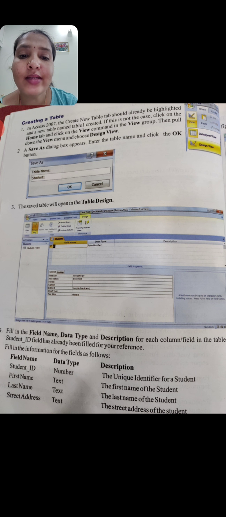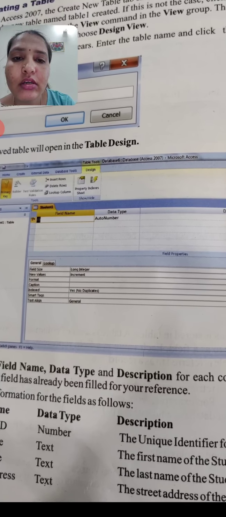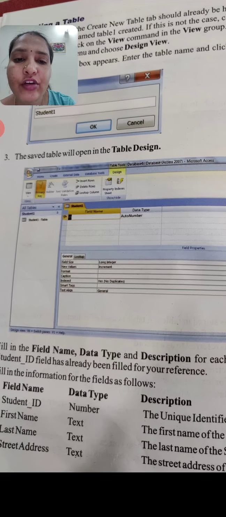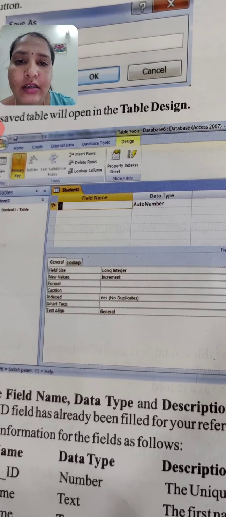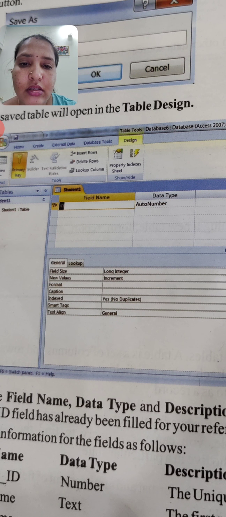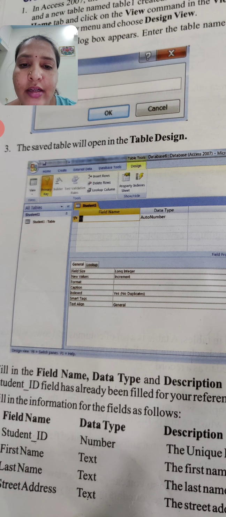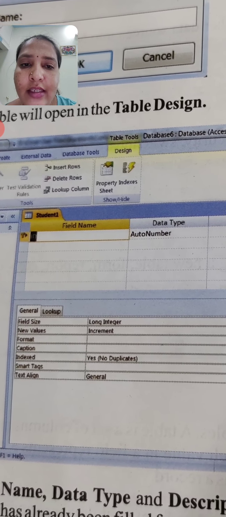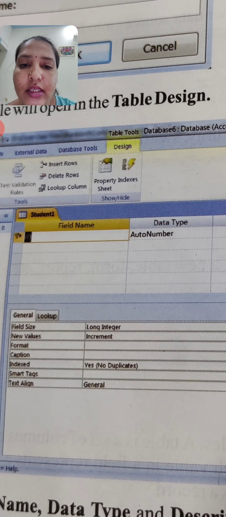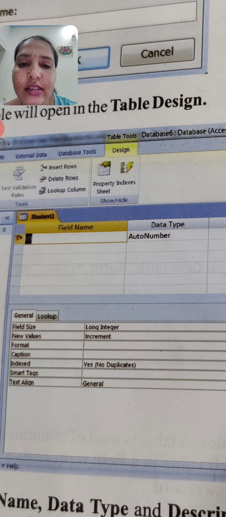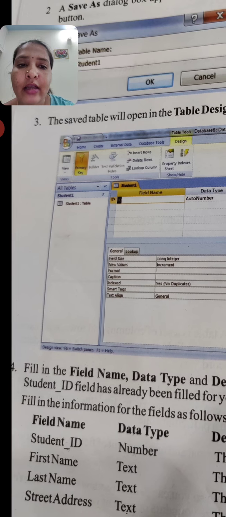Once the table has been created, the window will look like this. See here, they have given Student1, that is the table. In that table there are two columns: the field name and the data type.